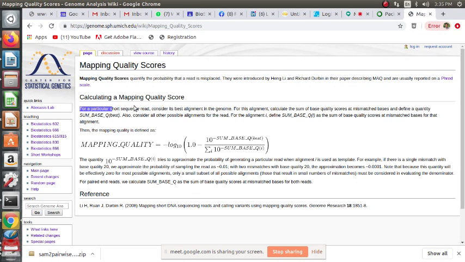We take a particular short read and consider the best alignment in the genome. Whatever read we take, at whichever position the best alignment is, wherever we have the best alignment, obviously the number of mismatches will be less, right? Yes. So in that case, there will be more numbers associated with M in the CIGAR, right?